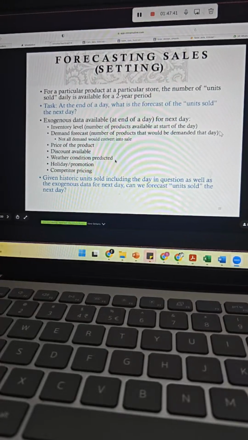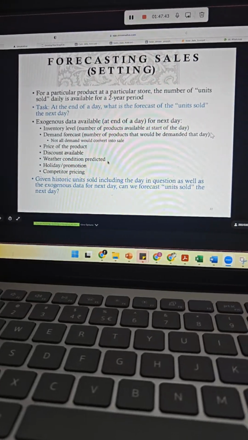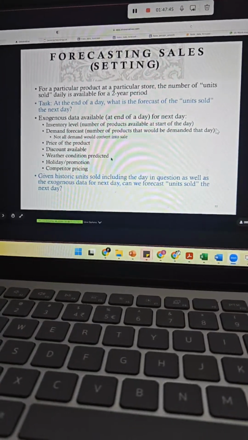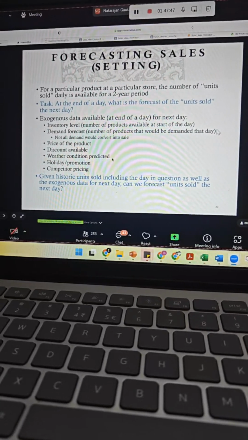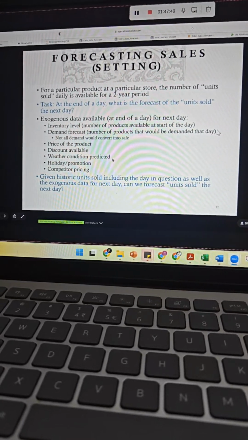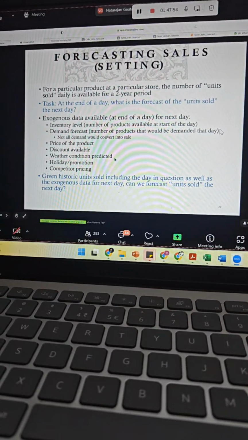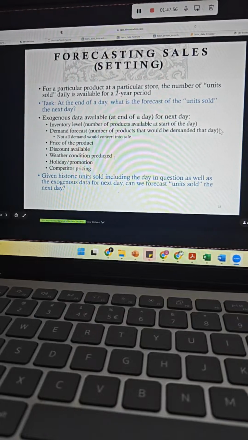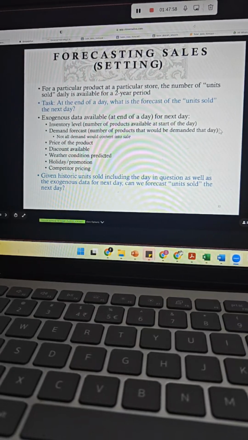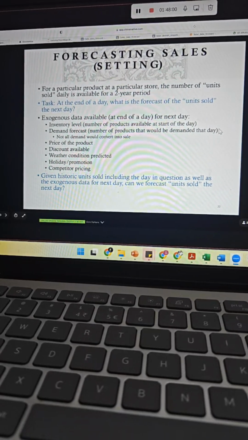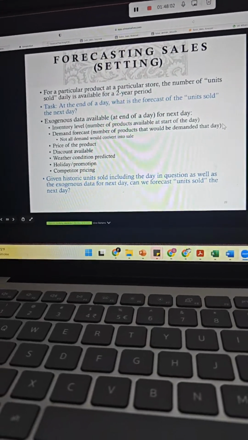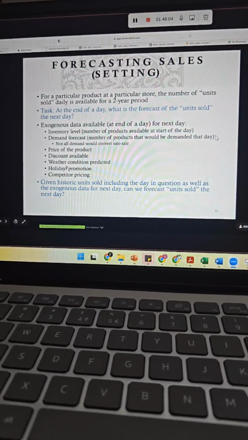Now this data set is based on the U.S. where there's a huge weather-related stuff going on. Like if it's a snowy day, actually if you look outside my window, it is snowing a lot. A snowy day, people are not going to go to a store and buy stuff. So they're thinking, maybe what is the weather predicted? That might influence the number of sales. And whether there's any promotion or holiday, like for example, New Year's and